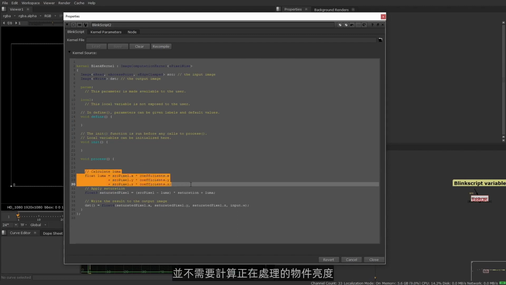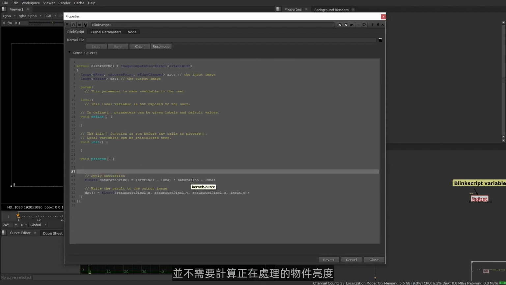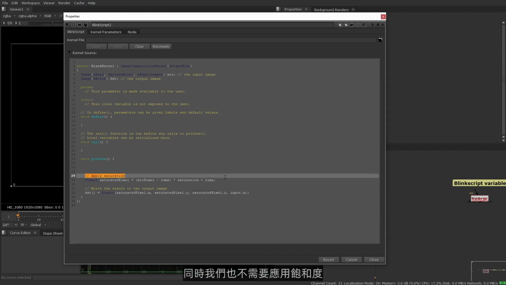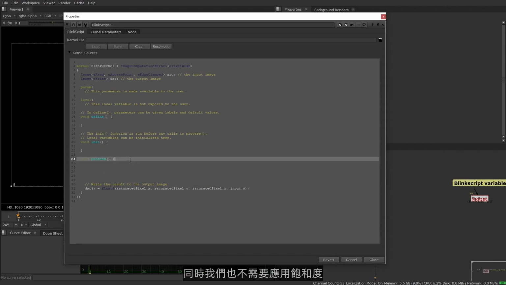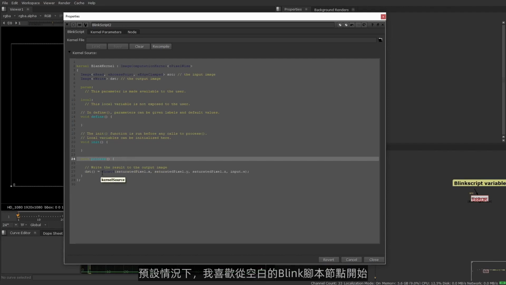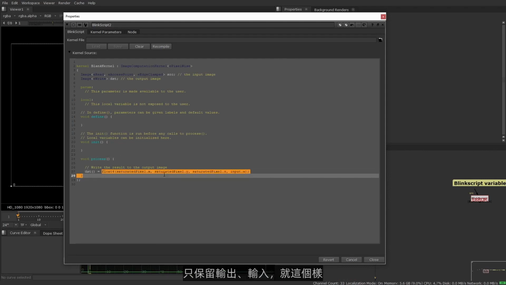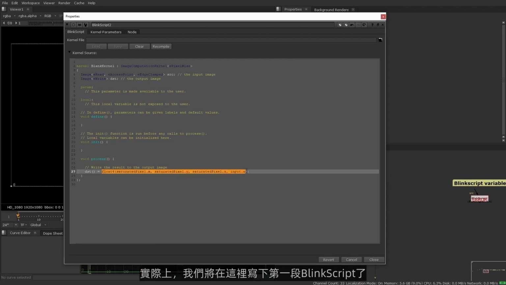We don't need to calculate the luminance of what we're working with, nor do we need to apply the saturation. And finally, we don't need this line in this form. By default, I like to have my sort of blank BlinkScript node just output the input. And the way we're going to do that, and we're actually going to write our first bit of BlinkScript together